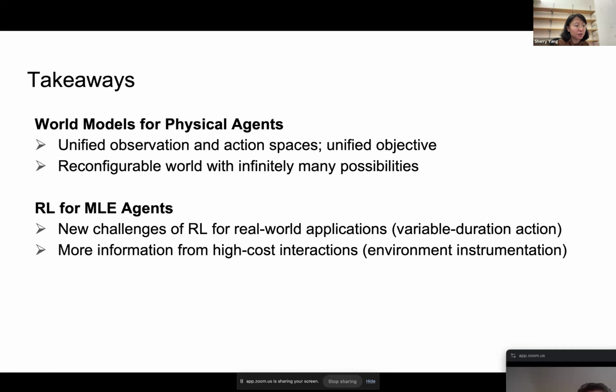And then there's some additional information that I think is useful for general agentic design. If the interaction is going to be very expensive, how can we get as much information as possible from the environment, not just the reward? Because there are all of these traces, and even the traces themselves might not provide all of the information. So we can do instrumentation, like print statements, to get more information about how the agent is performing, so that we can utilize these expensive interactions better, because we extracted more information.